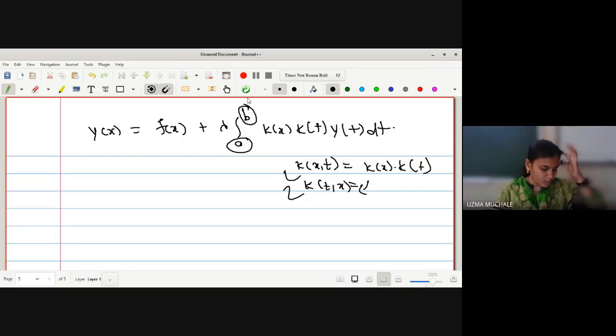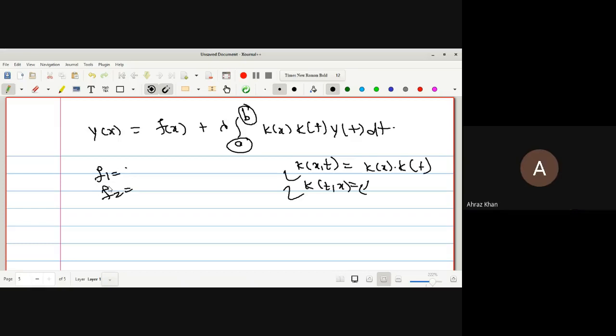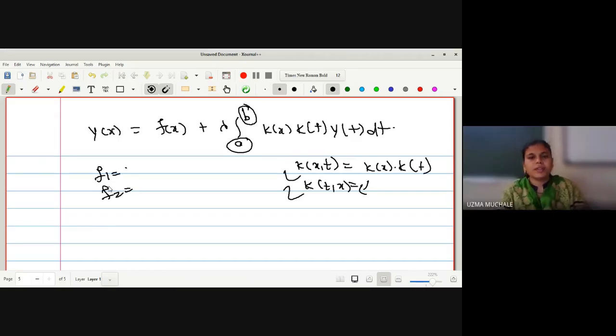Try to solve at home, and if you are able to solve, you have to tell me the answer. What are the cases? Now we have to discuss all the cases because we don't know what a and b are, what f of x is, so we can't predict what f1 is, what f2 is. If f1 is 0, you can predict what the solution is. So you have to discuss all the three cases for this example. Getting me? Yes, ma'am. Try to solve this one.